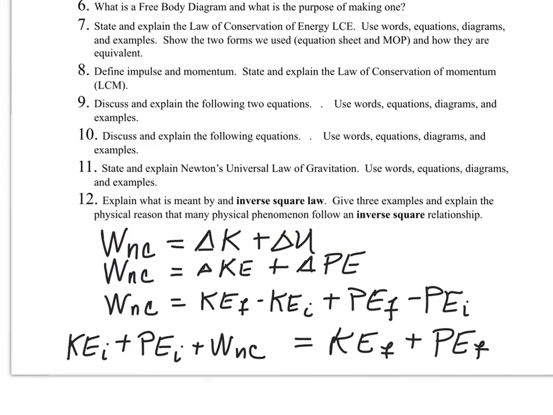So if we take the equation from the equation sheet, we rewrite it this way, then we expand what kinetic energy is, kinetic energy final minus kinetic energy initial, plus potential energy final minus initial, and then we do the algebra, we end up with the MOP equation. And what this is saying is conservation of energy. This is a very intuitive way of thinking about it. The initial energy plus whatever we add or subtract by doing positive or negative work will be equal to the final energy. Energy is never lost or gained